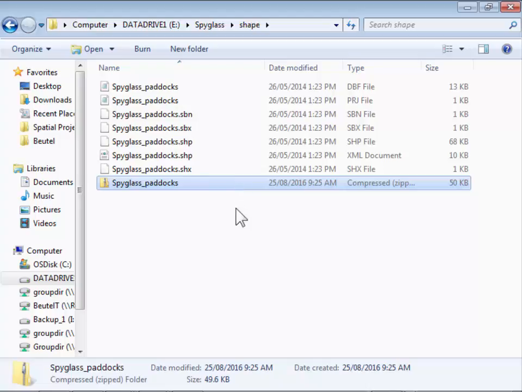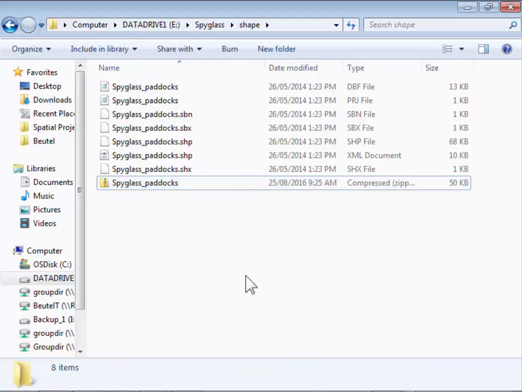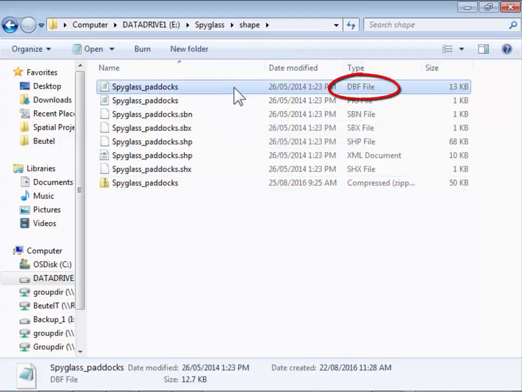Just one more thing if you're using a shapefile, and if you want VegMachine to correctly label your paddocks when you see them in VegMachine, you'll need to tell VegMachine where to look to find the paddock names. Those names are stored in the DBF file. That's a database file. And if we were to open this in Excel, which I'll do now,